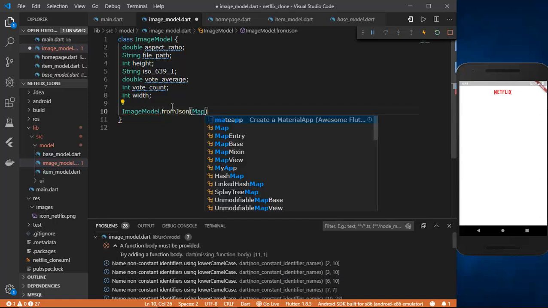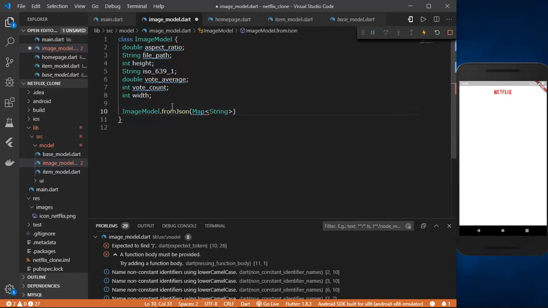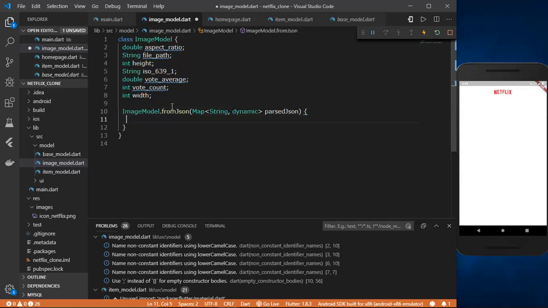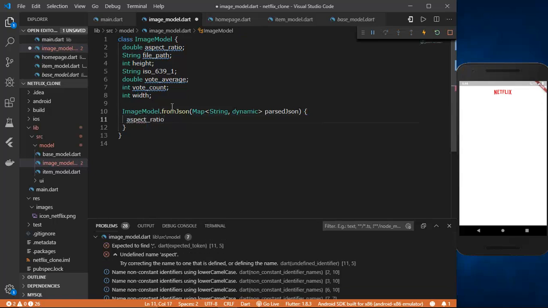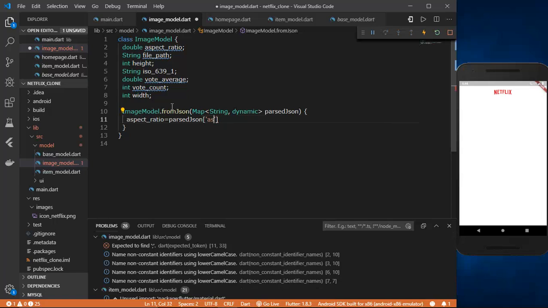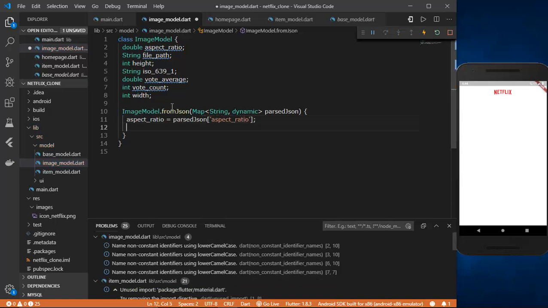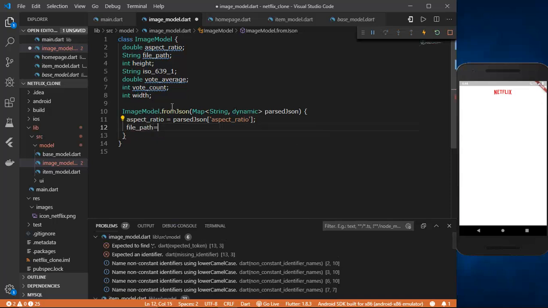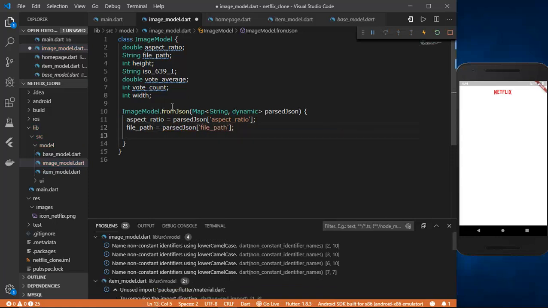So the aspect ratio would be parsed JSON aspect ratio, and then we need the file path, which will be parsed JSON file path, and then height, which should be